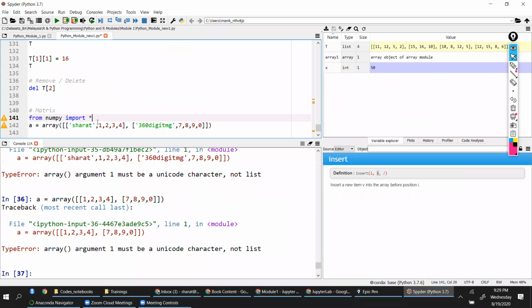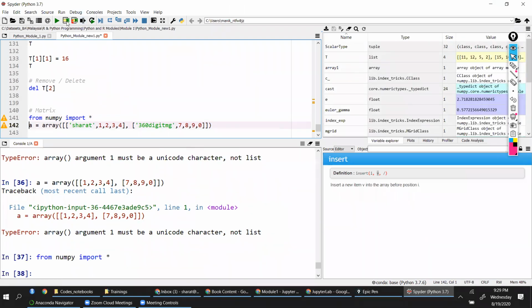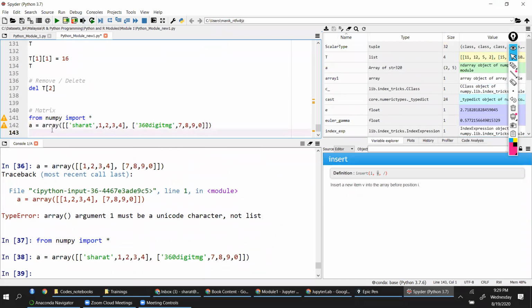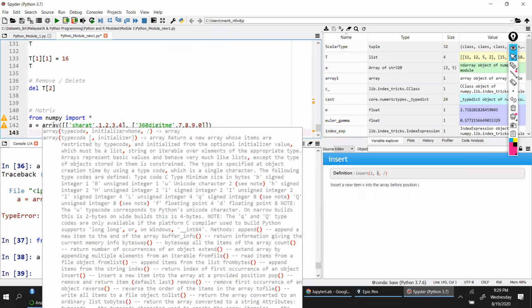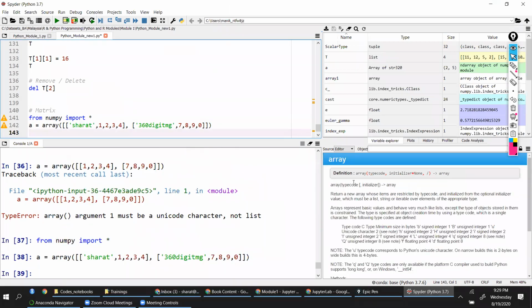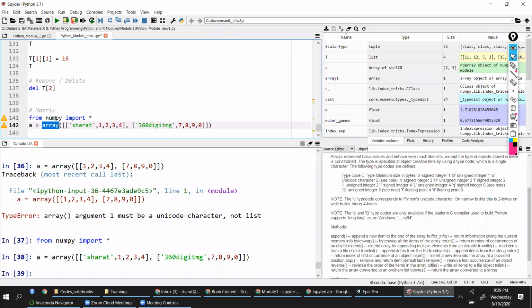Okay. I think we are taking this import function and then execute it. Yeah. So this array is basically pulled out from the NumPy object. So this array function and that array function are a little different. But it should work actually. I'm not sure why it is throwing error. Anyways, I'll troubleshoot that later and I'll give you an update on why it is not working there. So here I have array created. It's working now.